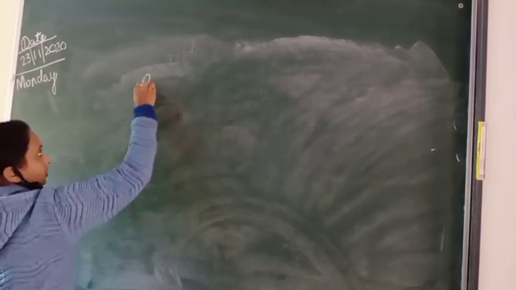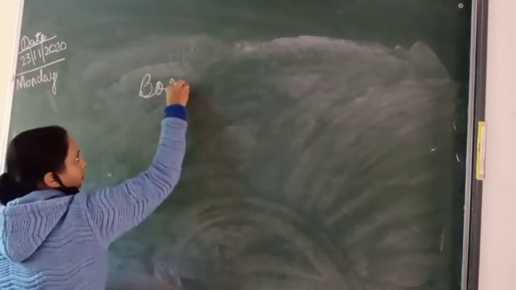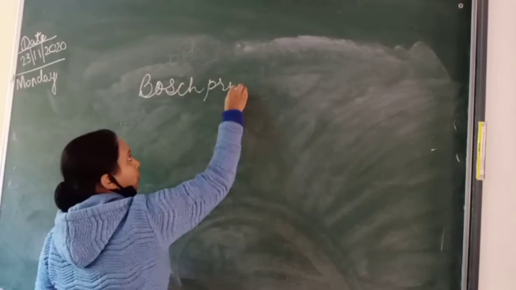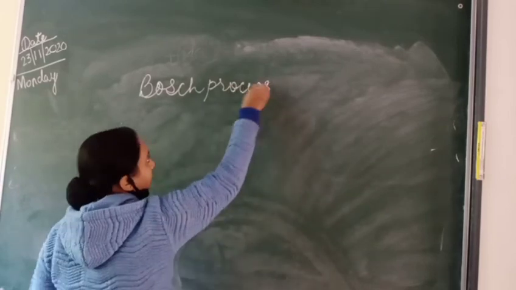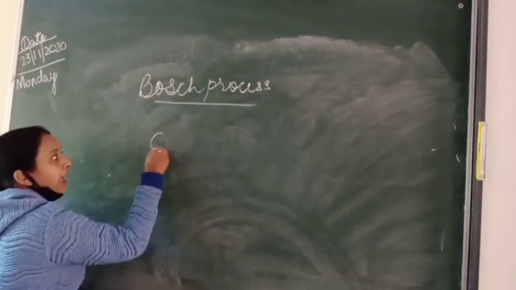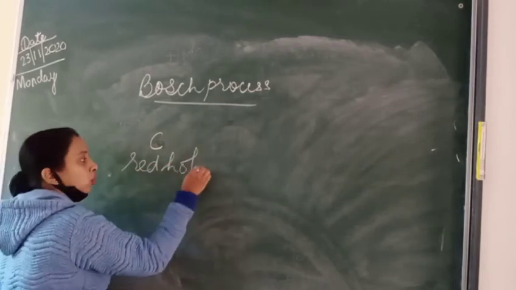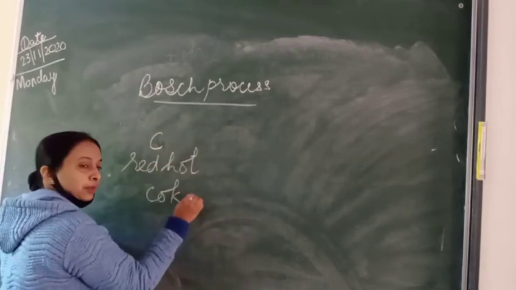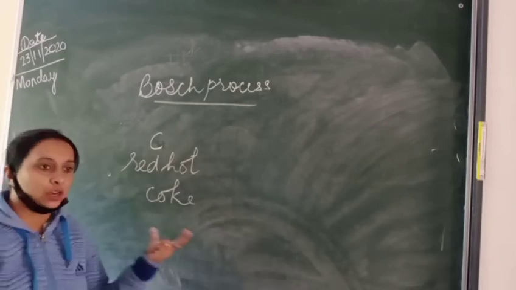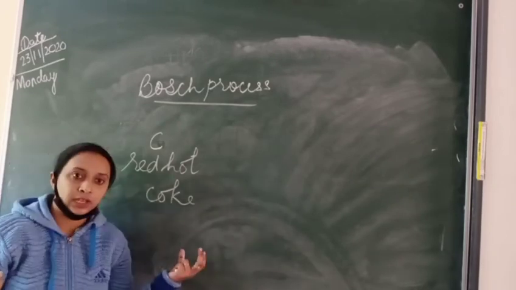Okay, in this process we have to see the reaction. First we have coke, red hot coke. Coke means carbon. Okay, चारकोल देखा है ना सबने? कोयला वो देखा है ना, जब हम हीट करते हैं वो रेड हॉट हो जाता है. Yes or no? So red hot coke carbon is treated with steam.